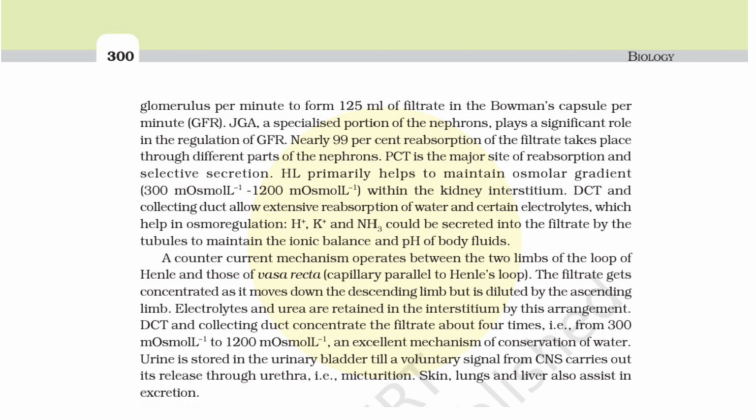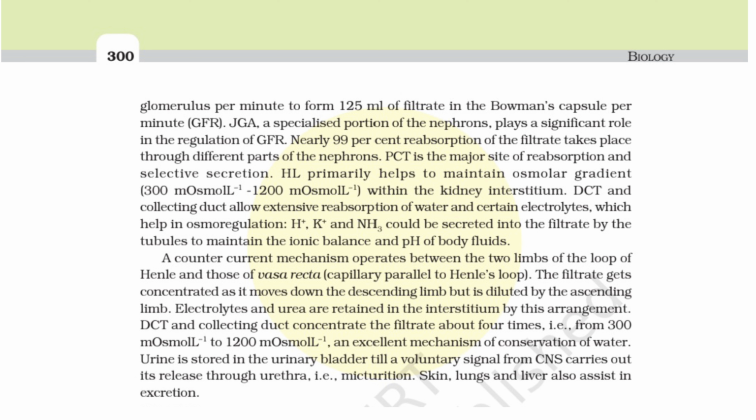A countercurrent mechanism operates between the two limbs of the loop of Henle and those of vasa recta, that is, capillary parallel to the Henle's loop. The filtrate gets concentrated as it moves down the descending limb but is diluted by the ascending limb. Electrolytes and urea are retained in the interstitium by this arrangement. DCT and collecting duct concentrate the filtrate about 4 times, that is, from 300 to 1200, an excellent mechanism of